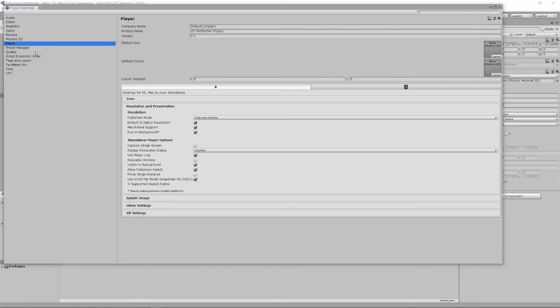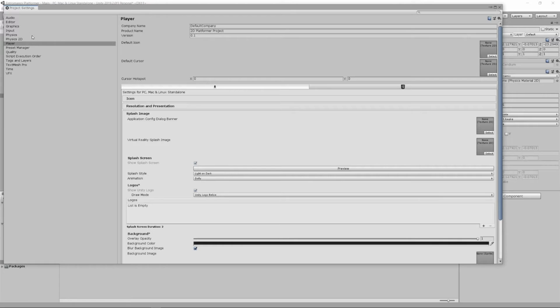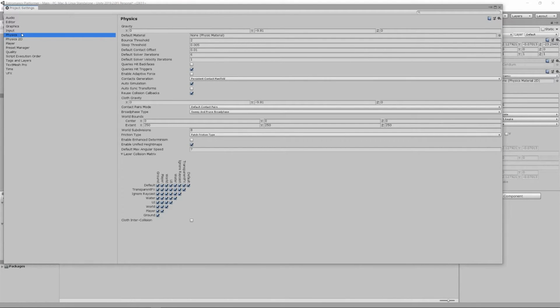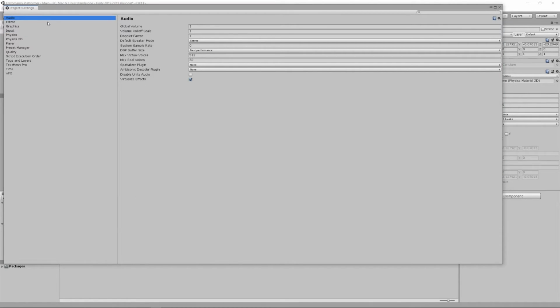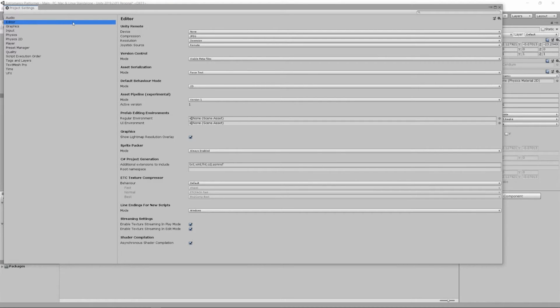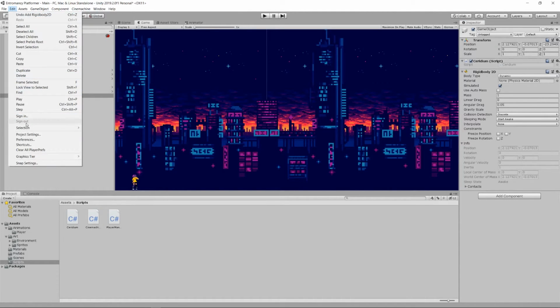You can also go into specific settings for PC, Mac, and Linux standalone, or you can decide on your splash image here. You can mess around with the different inputs in your game, and with the audio. There are just a lot of different things. Or if you want to customize the editor, you can do that here. And if you're like me, you'll hear about them in a tutorial, or you'll be working on it and totally forget where that is. Well, it's under Edit and then Project Settings,